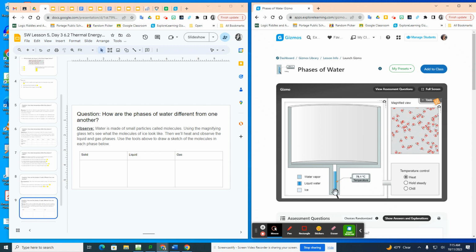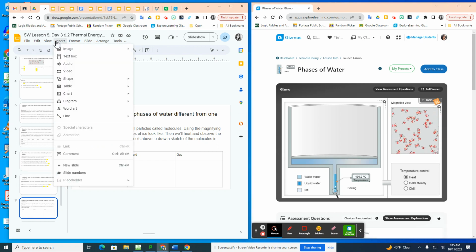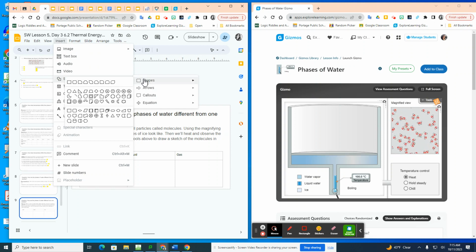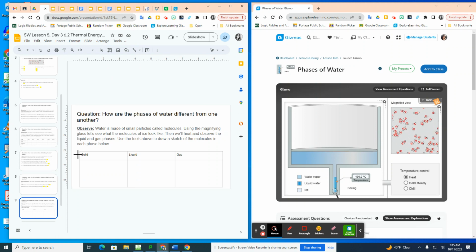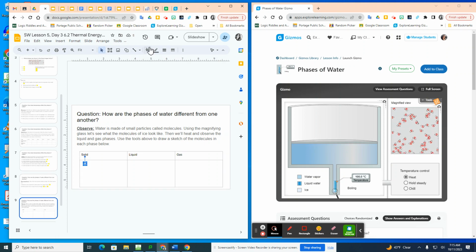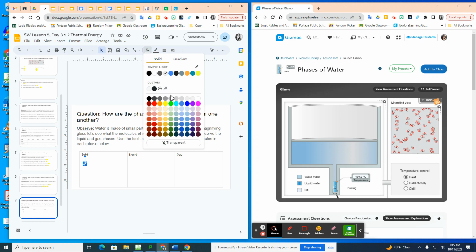So this is a slide you may have to spend some time on. You're going to go up to the drawing tools area up here, and you're going to insert shapes. So you'll take the shape, and you want circles. So you're going to click on circles, and if we're going to draw particles, we're just going to click and drag, and there's your particle. And you probably should fill it in, so paint can, you can use blue,